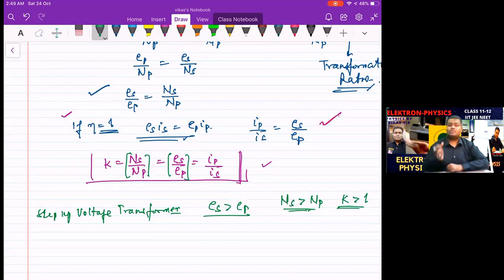The same voltage which was alternating, and the same voltage which is across the secondary is still alternating, but it is stepped up. If you want the other side of the coin and you want the step-down voltage transformer,